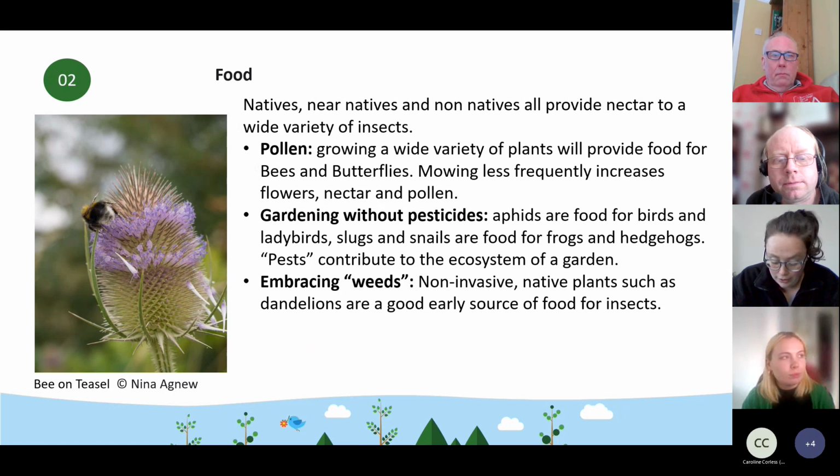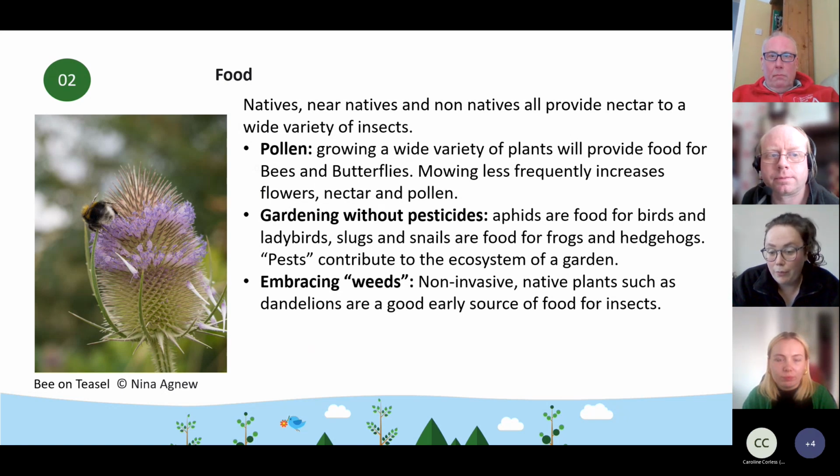So there's loads of resources that are available online about providing food for nature. The RHS has got a really good list, a perfect for pollinators planting list, and that gives you a really good idea of things that you can put into your green spaces. But we want to give a wide variety of plants with a wide variety of food, so lots of pollen. And the best way to do this is actually really simple, and it is to stop mowing as much as we do.